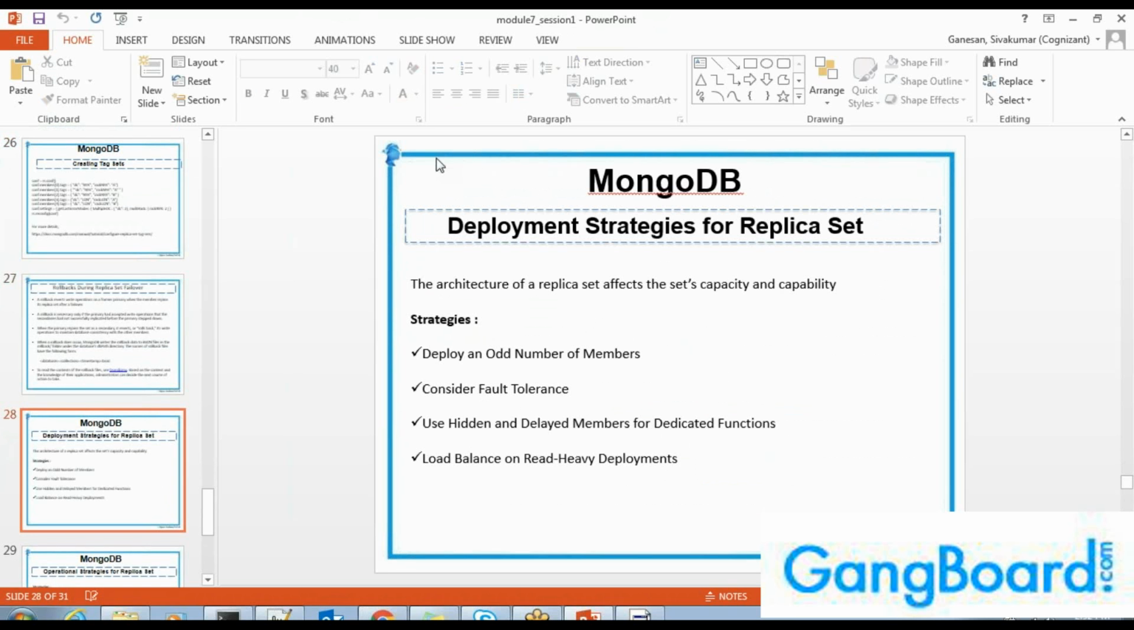Deploy an odd number of members. As I said, always try to have odd numbers, like 3 members, or 5, or 7 members, to have an election, and consider fault tolerance. Fault tolerance, as we have seen in the first session,